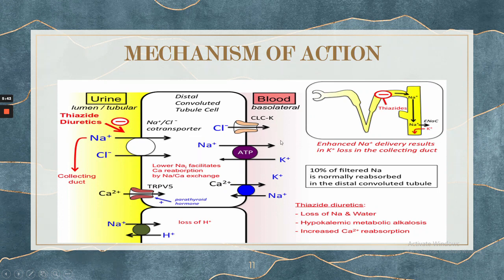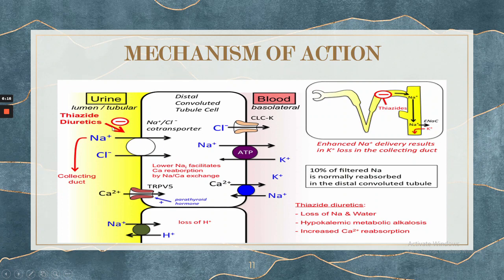During this, through the sodium and calcium exchange, the cell gets calcium from these calcium channels. So the calcium moves inside the cell from the glomerular filtrate. This sodium and calcium channel gets calcium from this. And the calcium which is reabsorbed in the cell is due to the effect of parathyroid hormone. So this is the normal physiology which occurs in the DCT.